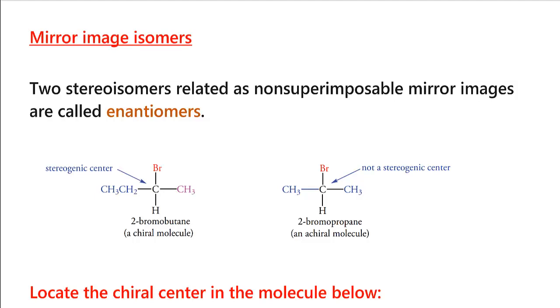If you have a molecule and its mirror image, these two molecules are not the same, they are two different molecules. So what are they called? They are called enantiomers. So they have the relationship of enantiomers. For example, wife and husband, these two are not the same, they are two different. But of course in this case they are not also mirror images. But just to give an analogy, these two are called enantiomers. So two stereoisomers related as non-superimposable mirror images are called enantiomers.